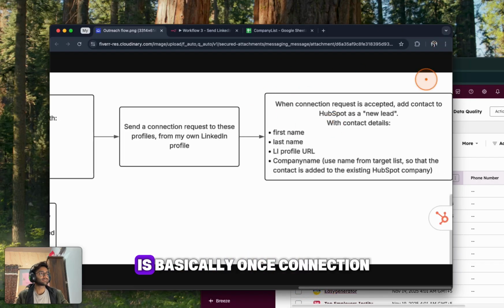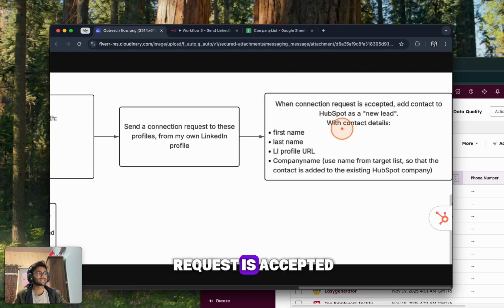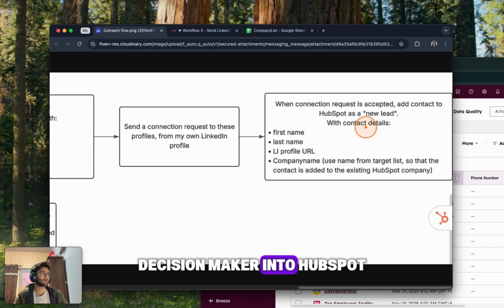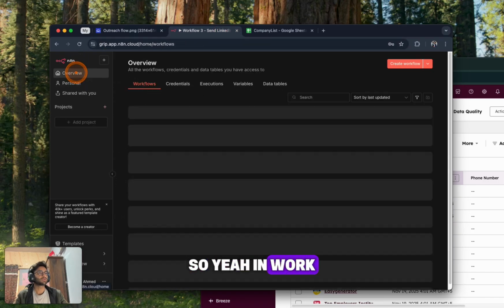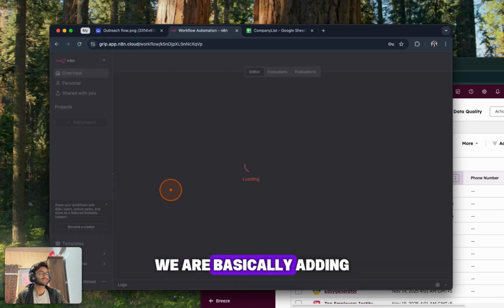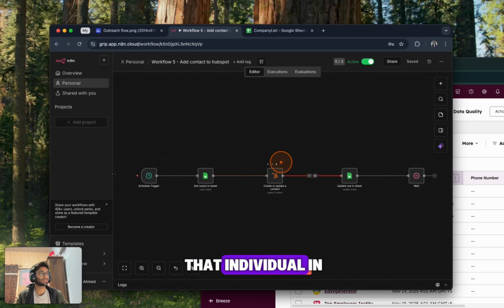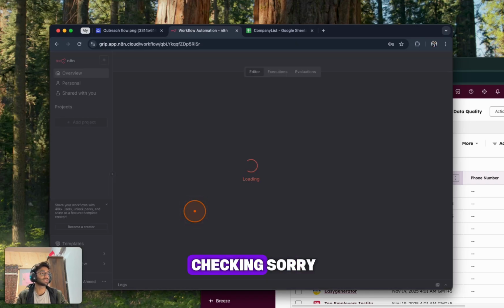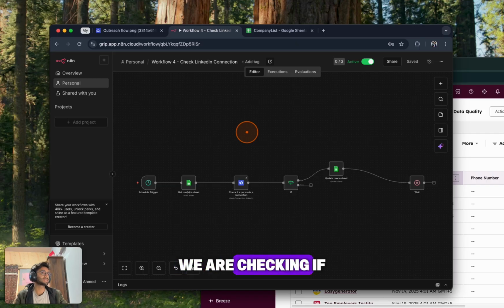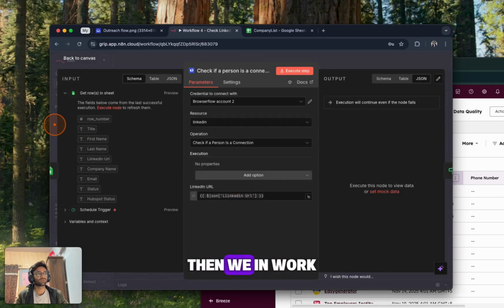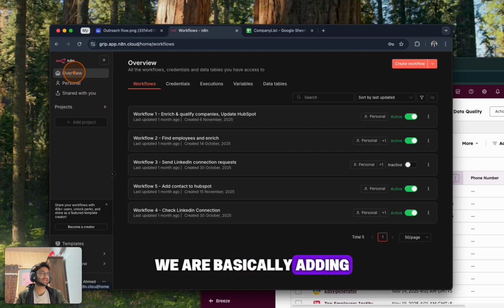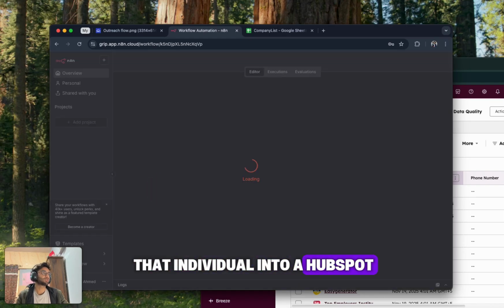And the last thing is that once the connection request is accepted, we add that specific decision maker into HubSpot under a specific company. So in workflow 4, we are adding that company in HubSpot, and we are checking if the connection request is accepted. If yes, the connection request is accepted, then in workflow 5 we add that individual into HubSpot. If I show you here,